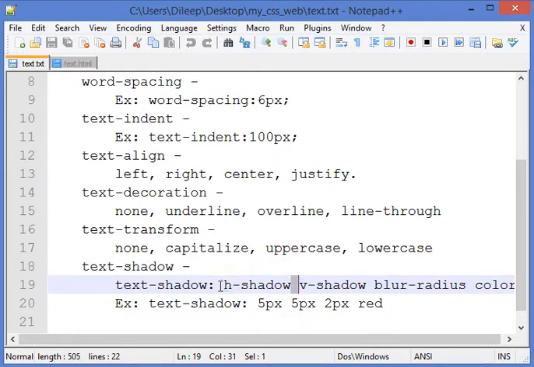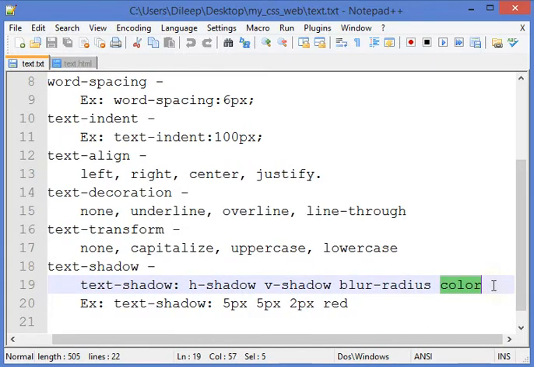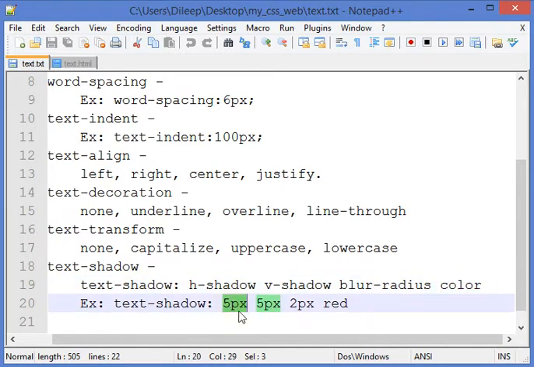The first value represents the horizontal shadow length in pixels, then the vertical shadow in pixels, then the blur radius, how much that shadow should be blurred, which we can apply in pixels, and then the color of the shadow, which we can apply here. For example, here I want the text shadow to be 5 pixels horizontal, 5 pixels vertical, 2 pixels of blur, and the shadow should be of red color.